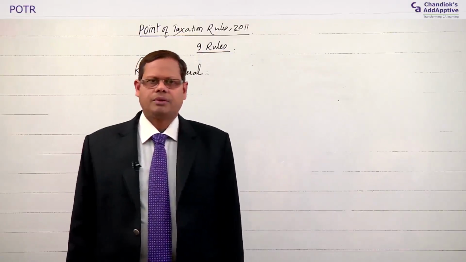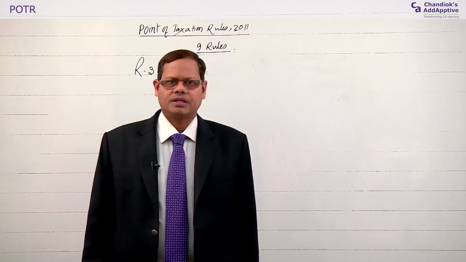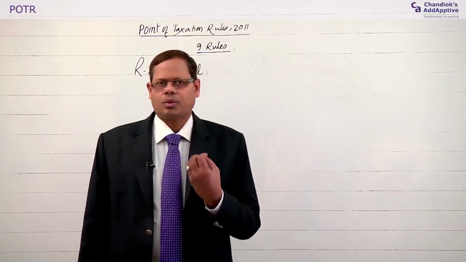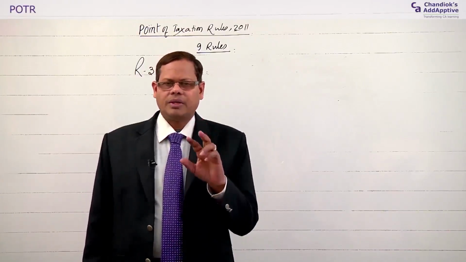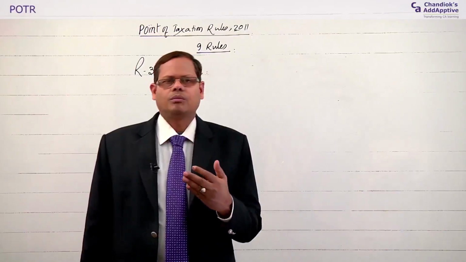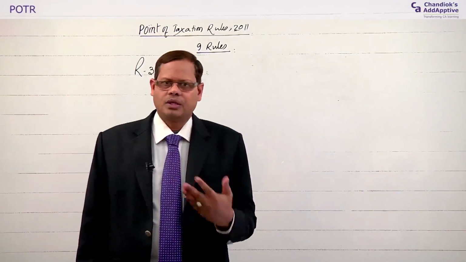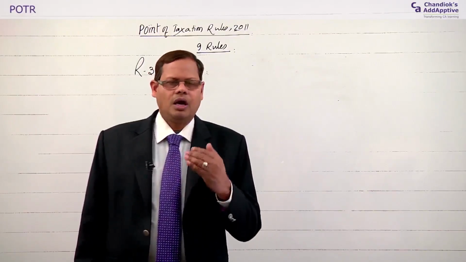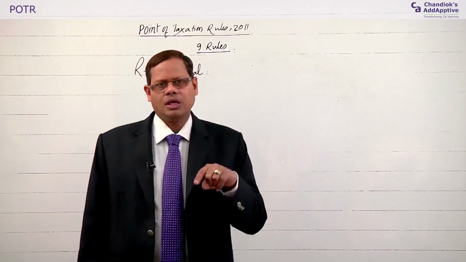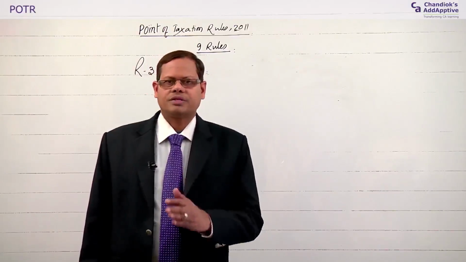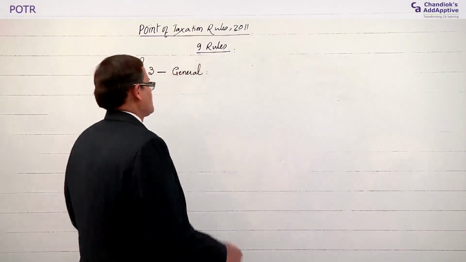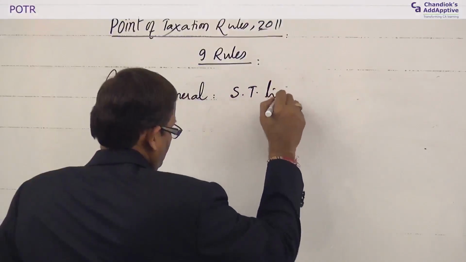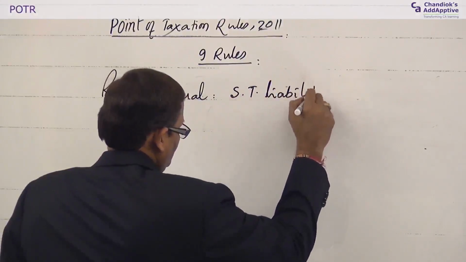Service tax liability arises even if you receive the amount in advance, even though you have not provided any service. On agreement towards the services provided or to be provided, you have to issue an invoice. Even for services to be provided, if you receive money, you have to pay service tax on that portion. So service tax liability according to rule 3 arises.